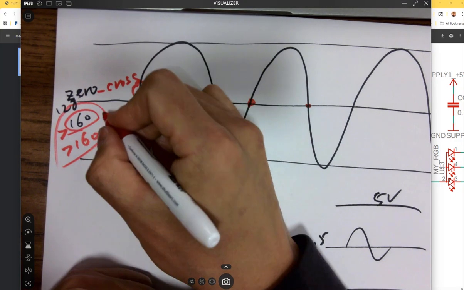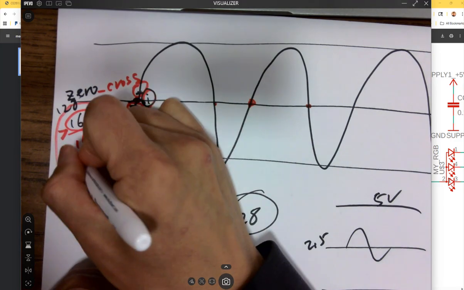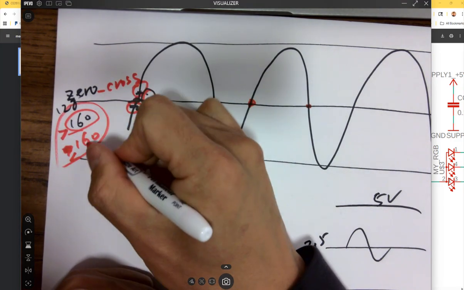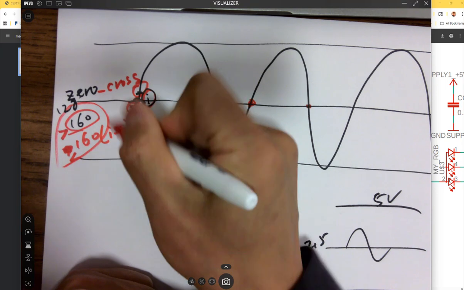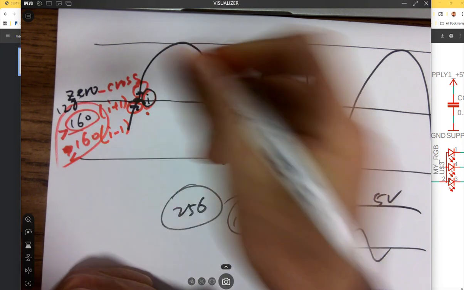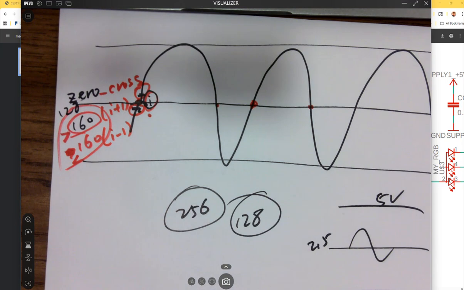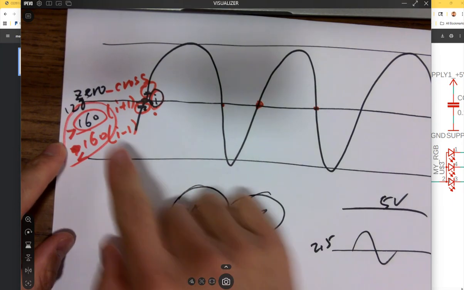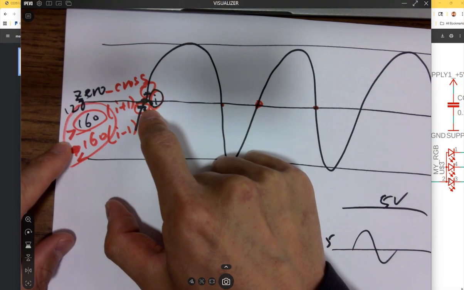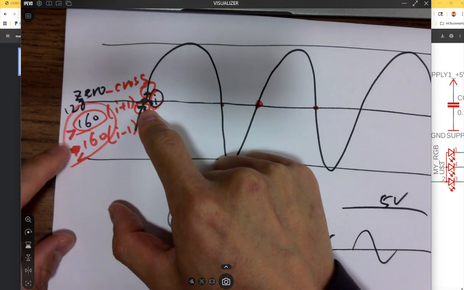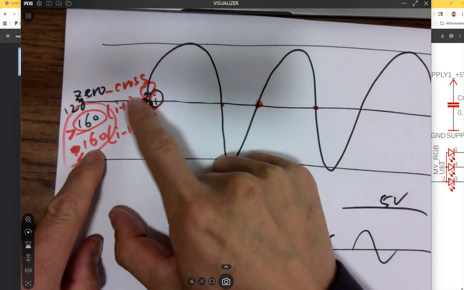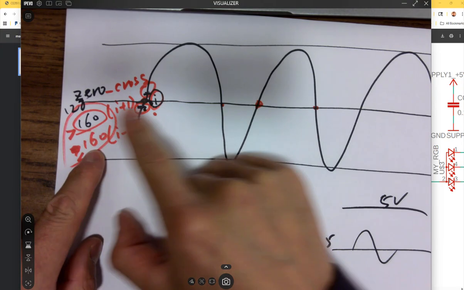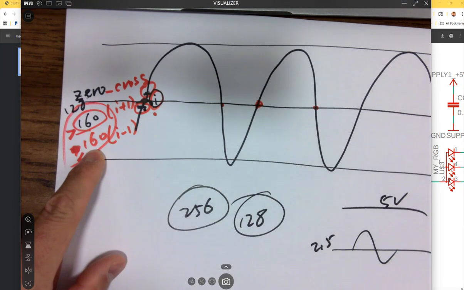Because whenever it's less than this guy's i minus 1 and this guy's i plus 1, it has to satisfy this. Because i minus 1, which is the previous one, is less,